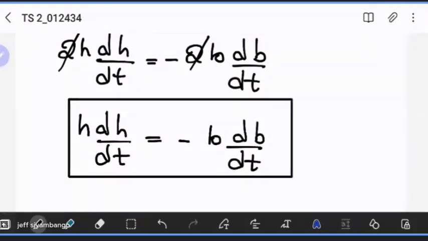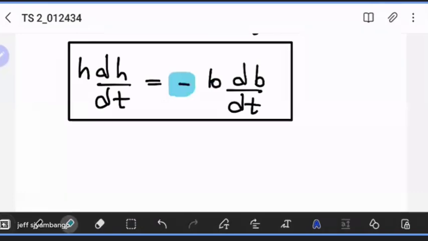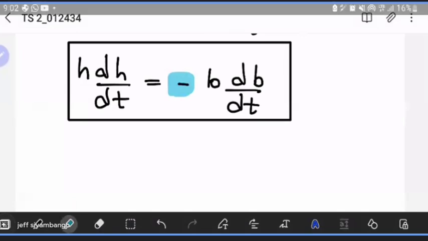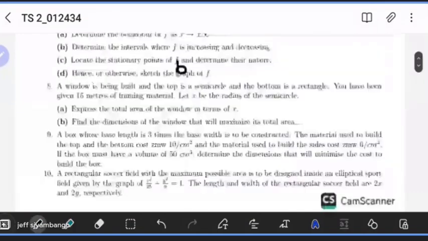You see, what this gives us is the connection of how the two quantities are changing, how these two rates are connected. Here it even shows you the fact that one term is negative and the other is positive. It shows you that one is increasing, the other is reducing. But more importantly, when you check the question,